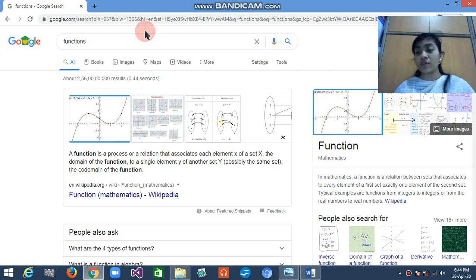You can search about our school also. When you are searching these things, it will automatically show the results to you, right? So this is the basic thing that you already know, but you don't know how it is made.